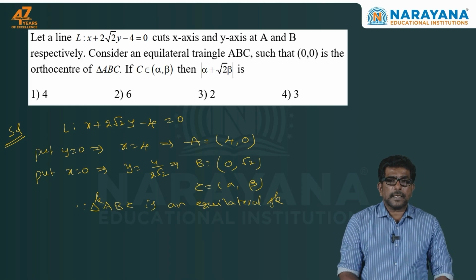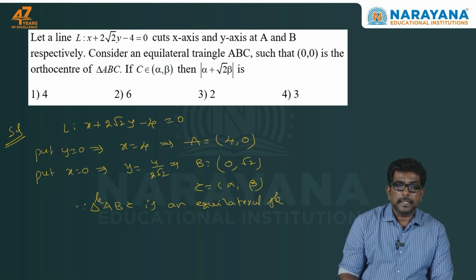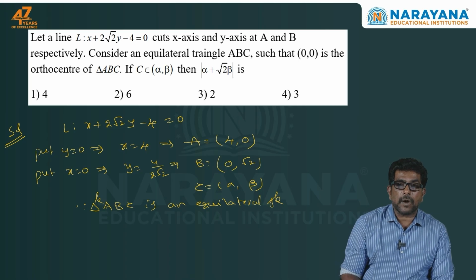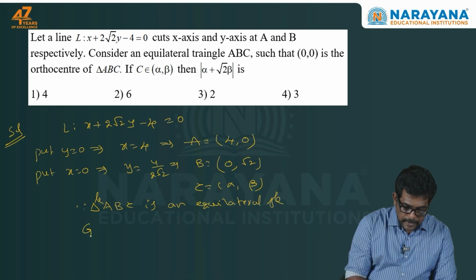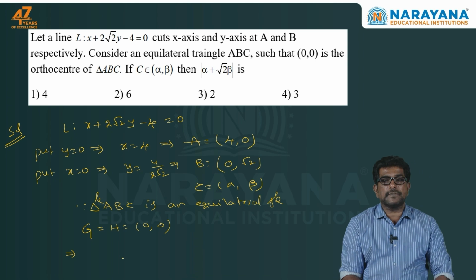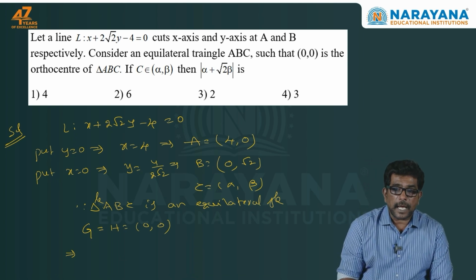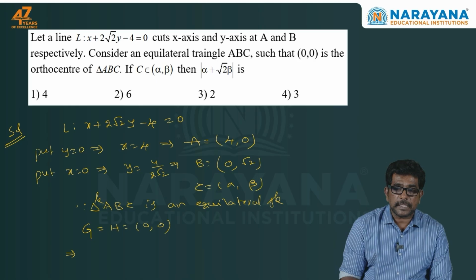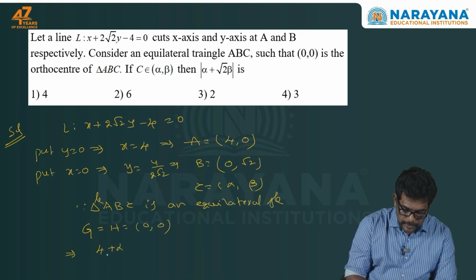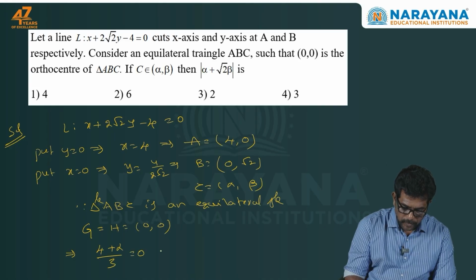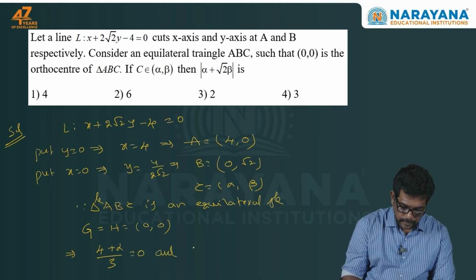For an equilateral triangle, we know that the centroid, the orthocenter, and the circumcenter all coincide. Here I am representing the centroid with G. G is equal to the orthocenter H, which is (0, 0), as given. The centroid is very easy to find. That is the average of the x coordinates of the vertices and the average of the y coordinates of the vertices. That is (4 + alpha)/3 = 0